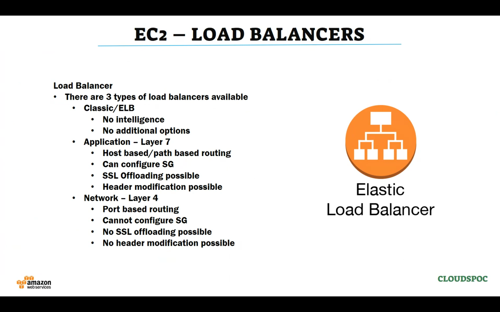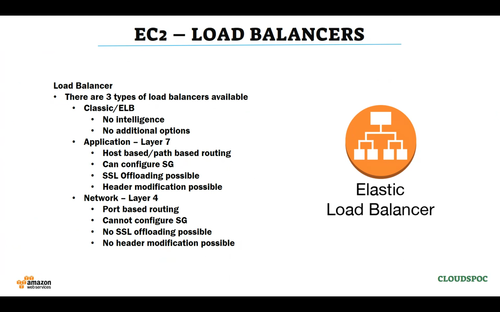But they have come up with 2 more load balancer types, which are called network load balancer and application load balancer. These are highly intelligent when you compare them to the classic load balancer. With the classic load balancer, we cannot customize the routing options. Like, I just wanted to route my request based on the operating system, or based on the network port that is being used, which is not possible with the classic load balancer. Basically, it has very limited options. Just straightforward, we need to create it and attach the instances so that it will take care of the load balancing. But when it comes to